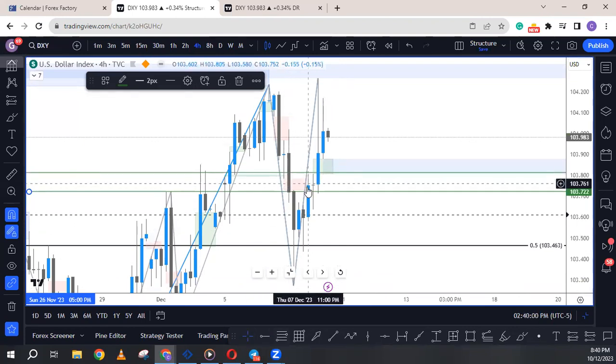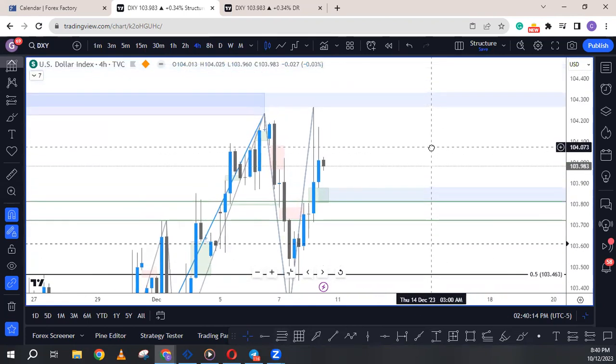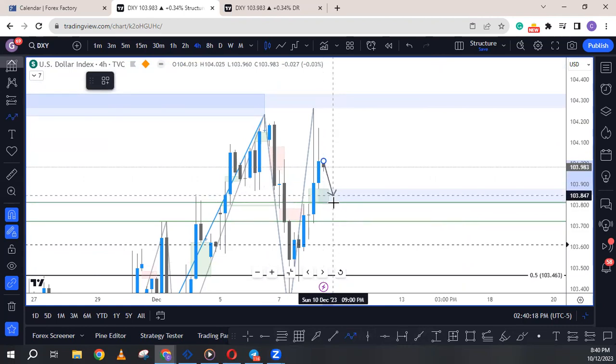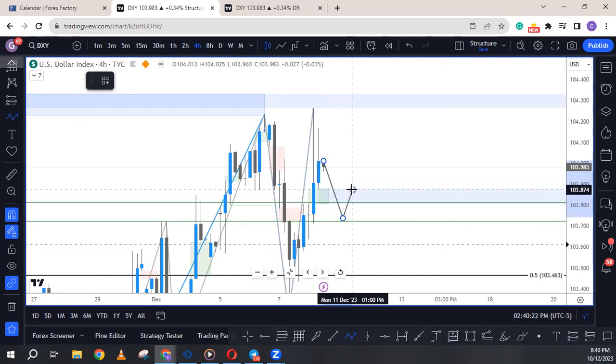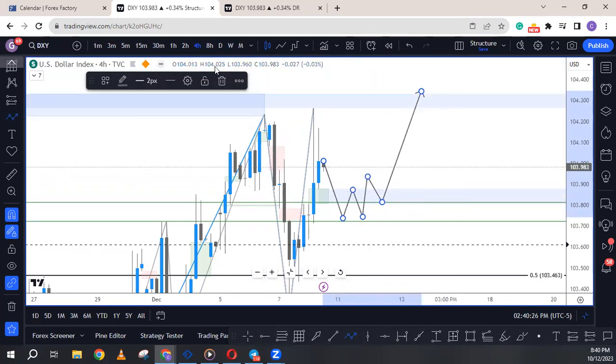You have this here also, and you have that of the weekly. So 104.81 to 103.81 to 103.71. So you'll be waiting for something like this. You're waiting for price to come here. As you can see, there's a fair value gap above there. So if price does not close below this, you wait for something like this for continuation to the upside, because